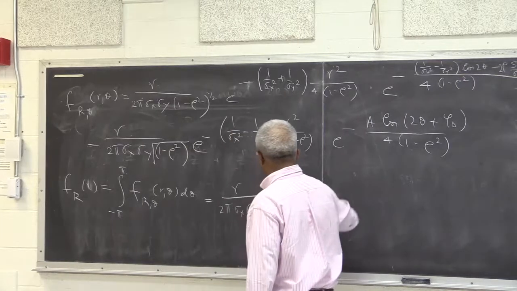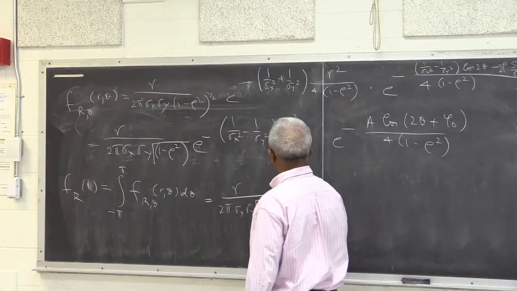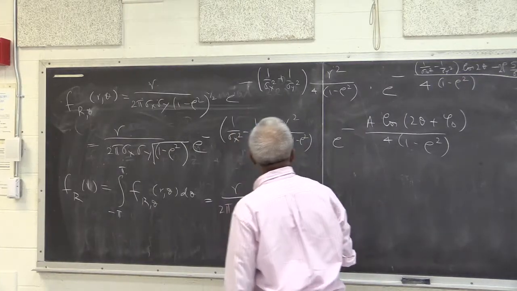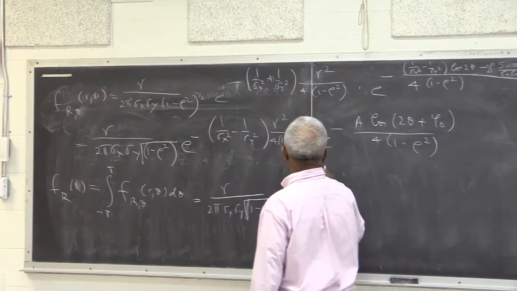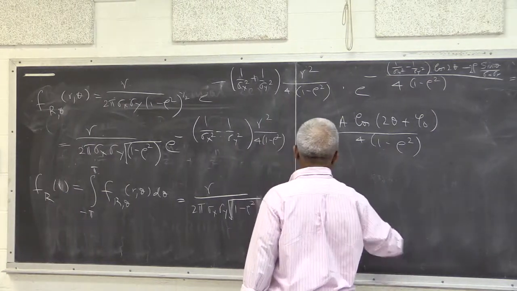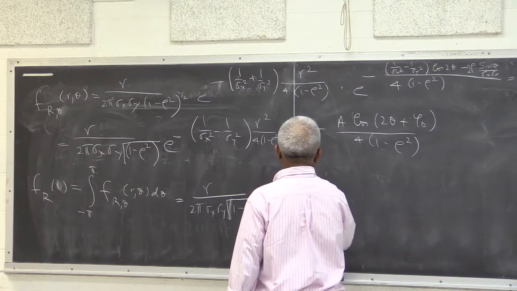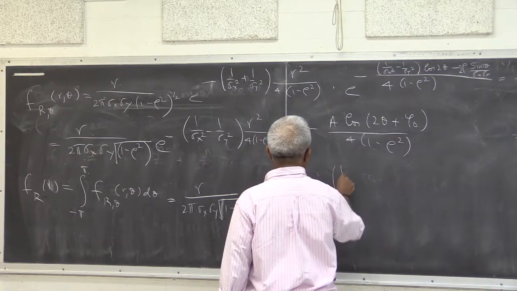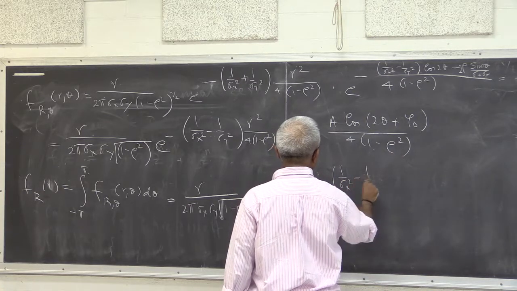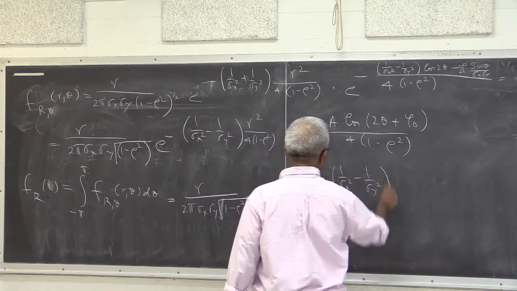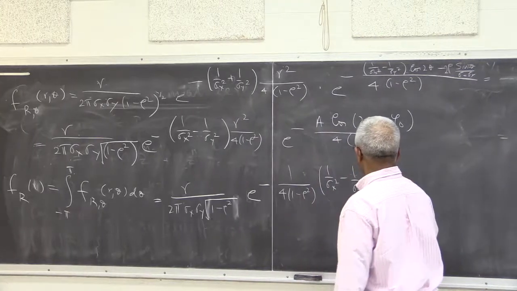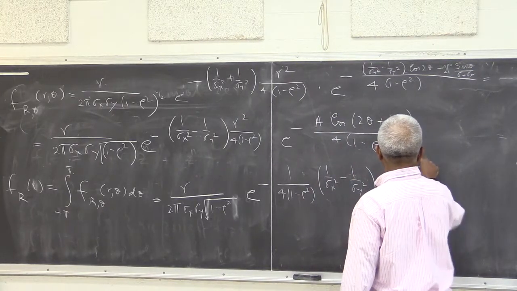So this is under the square root, or 1 half. Then you have e raised to minus r squared over 1 over 4, 1 minus rho squared, times 1 over sigma x squared minus 1 over sigma y squared, r squared multiplied by, integrated from minus pi to pi,